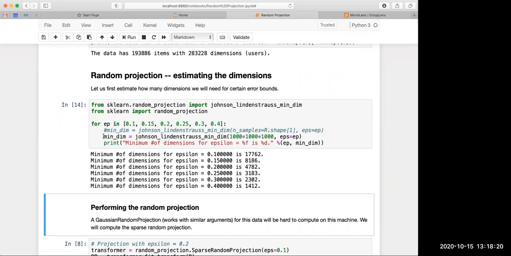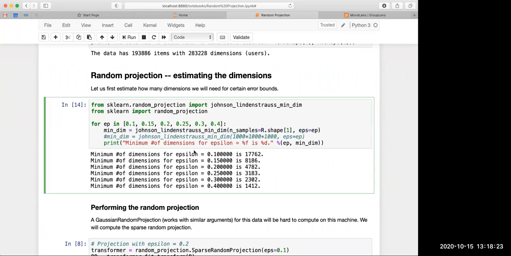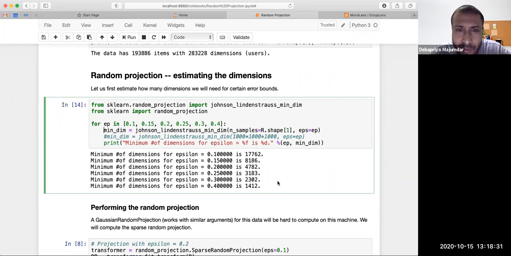And if the error is 0.4, then we can settle for a lesser dimension of 1400. That's the trade-off. If you're happy with a higher error, you can reduce much more. Obviously, if you reduce too much, your error will be high. So you have to figure out what you can do computationally. Can you handle 17,000 dimensions? If yes, stay with a good error. If you cannot, then go to maybe 5,000 dimensions and say, fine, I'm happy with 20% error. Okay, sir.